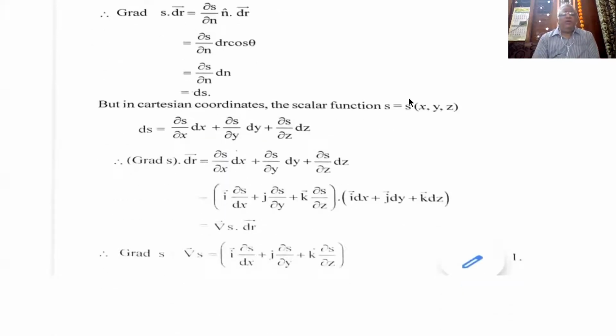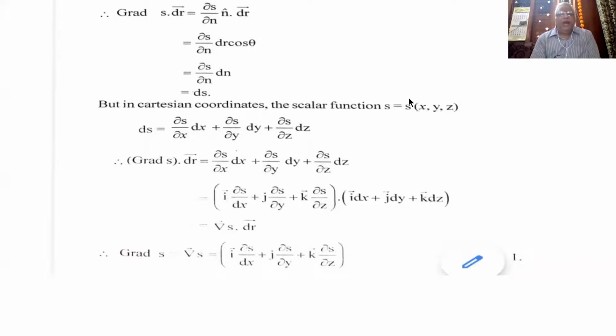But in Cartesian coordinates, the scalar function s is a function of x, y, z. It is three coordinates. So therefore, ds is equal to dou s by dou x into dx, dou s by dou y into dy, plus dou s by dou z into dz. Grad s dot dr is nothing but dou s by dou x into dx, dou s by dou y into dy, plus dou s by dou z into dz, which is nothing but a dot product of del into